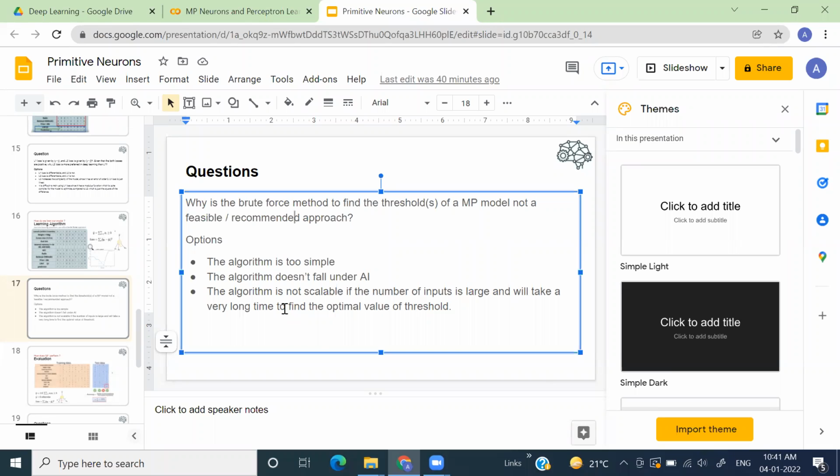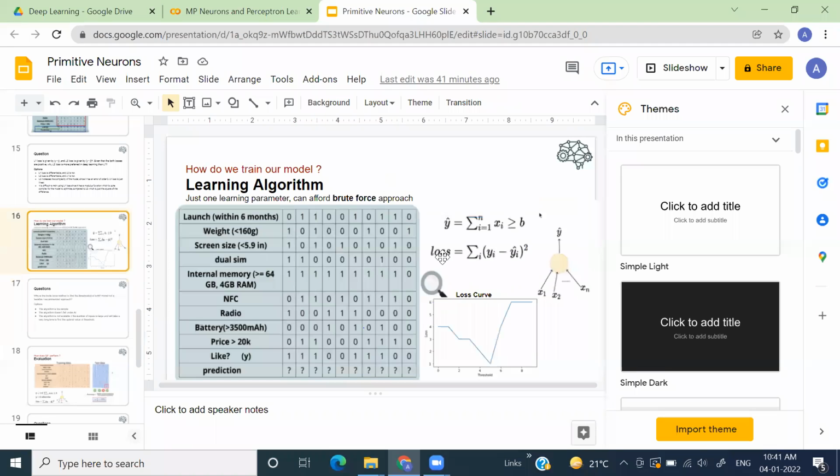Third. Yes, absolutely. And how is it not scalable? So what we are doing here is, we are applying a for loop. We are changing the value of b one after the other, right? What will happen if you have a huge number of input features? Let's say that I give you some data around DNA. Typically in machine learning or any data science problem, this DNA data is identified as high dimensional data, right? And you have to identify whether that particular DNA is normal DNA or an anomaly, right?